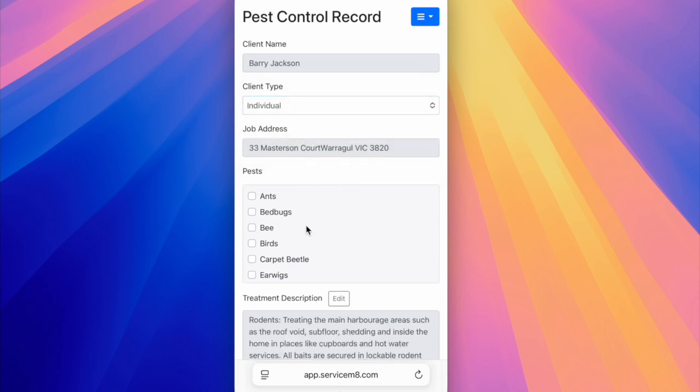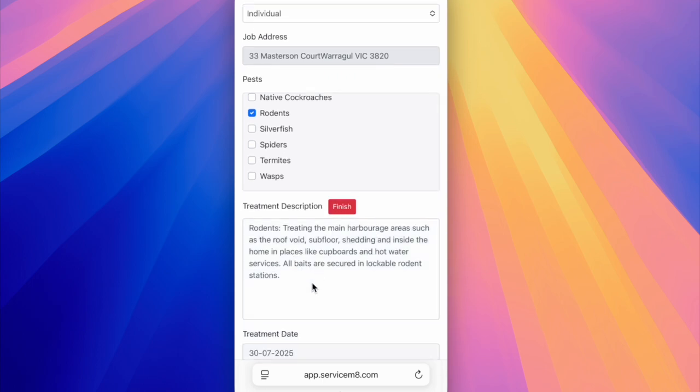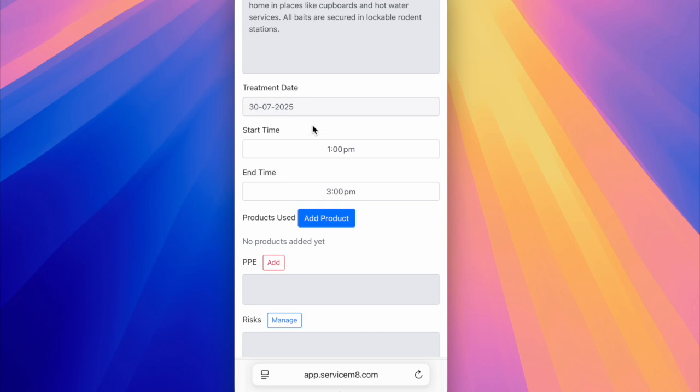You can see the job address comes down into there automatically. Here you would select what pests you are treating. So for the purpose of today, we're going to go down and select rodents. So rodents automatically pops in a job description there, so you can see that's coming from the back end. You can jump in and edit that and add extra text if you like. And then scrolling down, you've got your treatment date, your start date and end time. These are all pulled from the job card. You can go in there and edit those as well if you want to. You would then select add product,